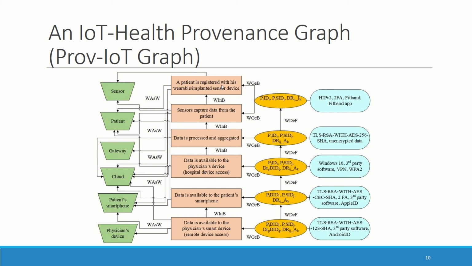So as you can see that for these kinds of activities, what kind of protocols are used, what kind of security mechanism metadata has been used, what kind of device has been used, what software has been used for this, all have been documented in the provenance graph. So it is really possible that the data that is propagating from one step to another step